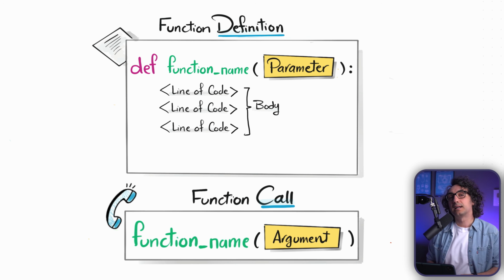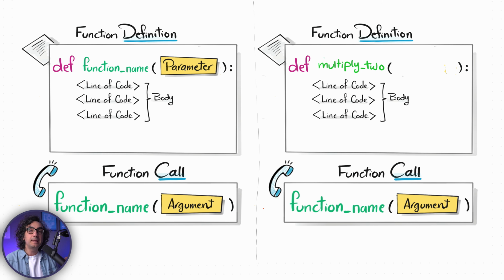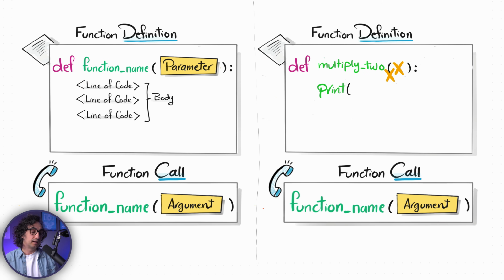Now let's say that I would like to build a function that's going to multiply any value by 2. So how are we going to do it? We're going to call the function times2. This is the function name. And now we have to specify a name for the parameter. It could be any name, for example, I'm going to go with x. And now we're going to write the function. We're going to print the result of multiplying the parameter with 2. So x multiplied by 2. And actually that's it for the definition.